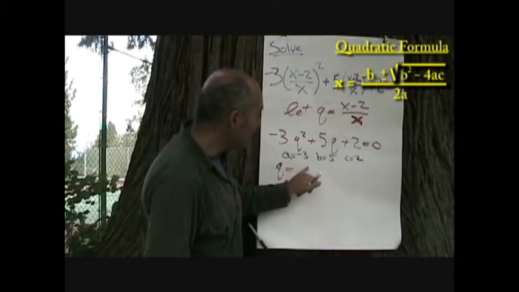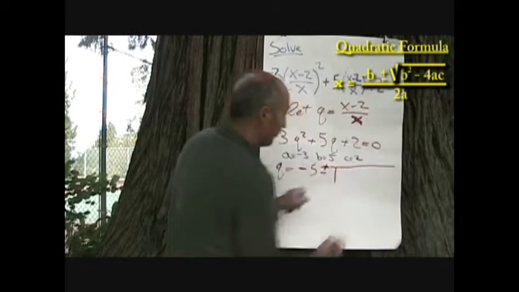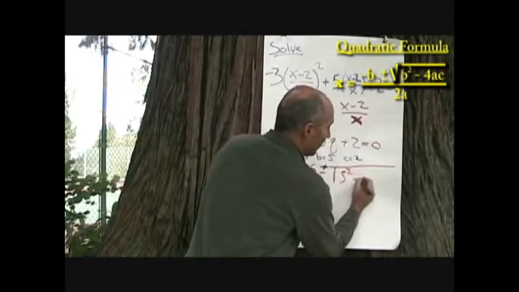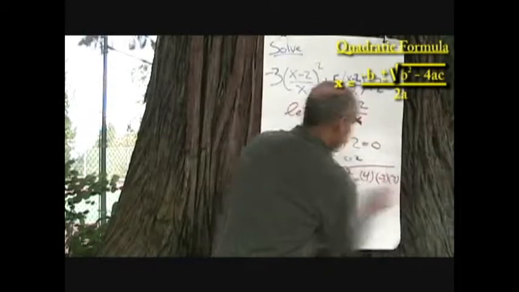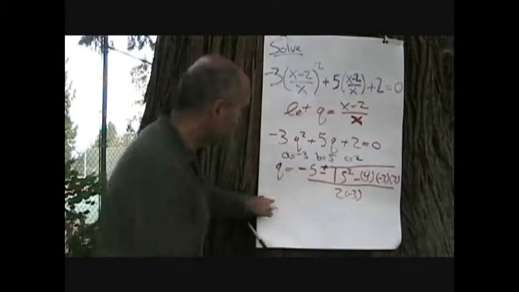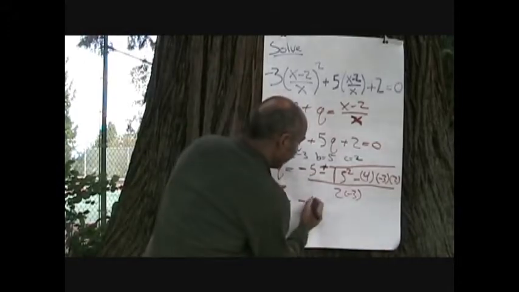So it's going to be negative b, which is negative 5, plus or minus the square root of b squared, which is 5 squared, minus 4 times negative 3 times 2, all divided by 2a, which is 2 times negative 3. So right now we're going to have negative 5